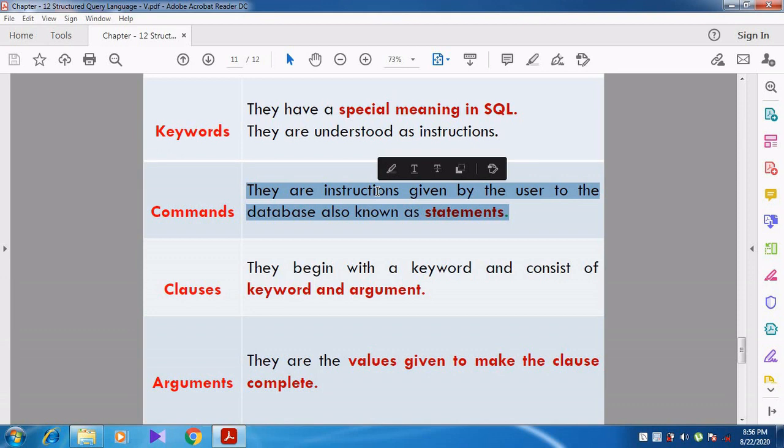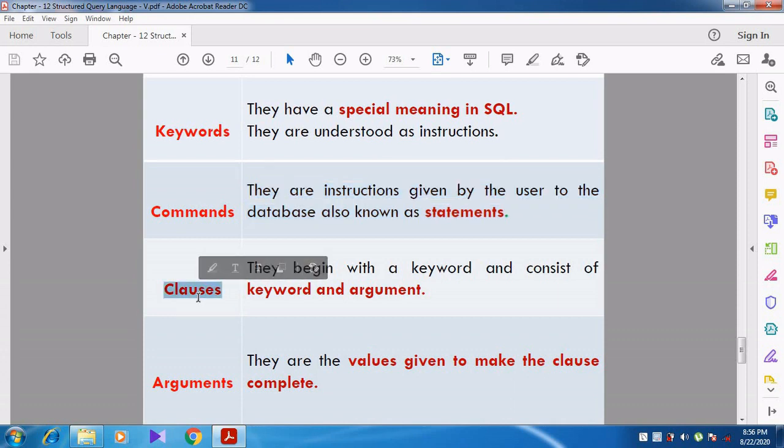For example, create database student. The create database command is accepted by SQL, and that command will create a database named student. So commands are the instructions given by the user to the SQL database, also called statements.